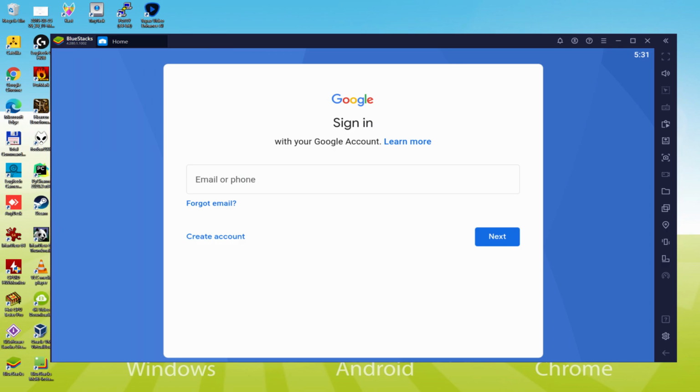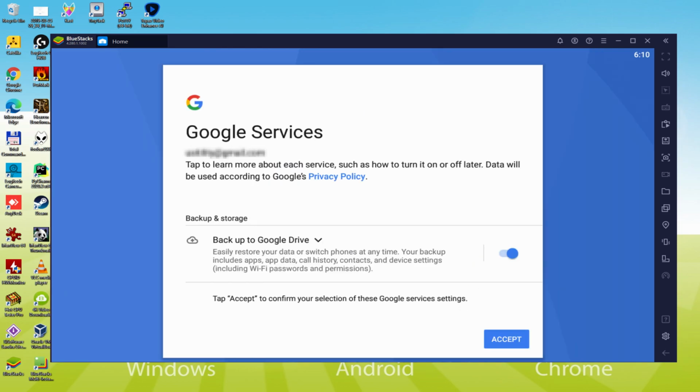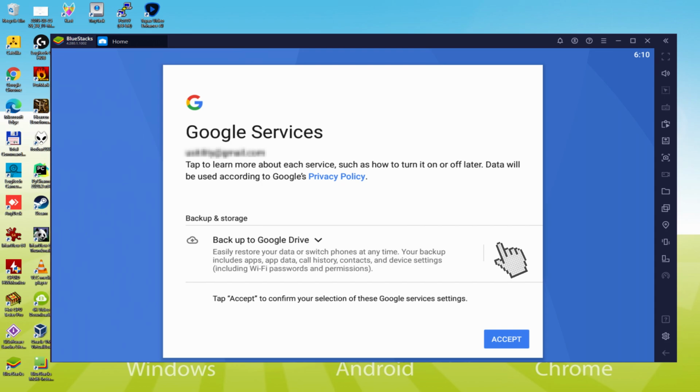So I will enter my data and I'll come back as soon as I have accomplished it. That's all. Details entered. Google is welcoming us and providing us their terms. We can consent to all of them by clicking I agree. After that, it offers us to back up to the Google Cloud. You might leave it selected, it's going to create a backup of your data on that device to Google Drive.